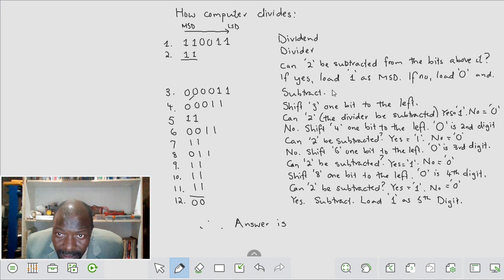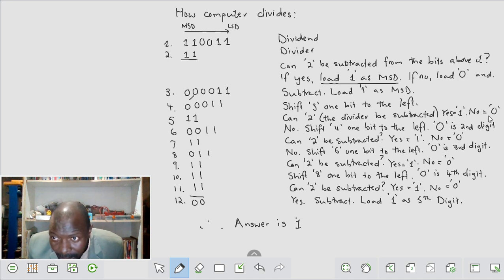After you subtract successfully, you load a 1. If yes, load 1. So we didn't actually do the loading. So load 1 as MSD. So our answer is 1,